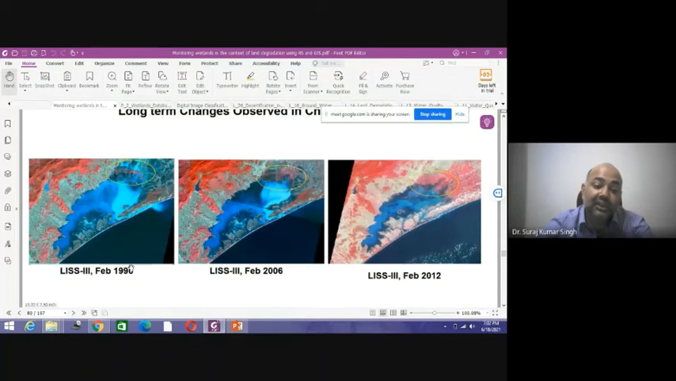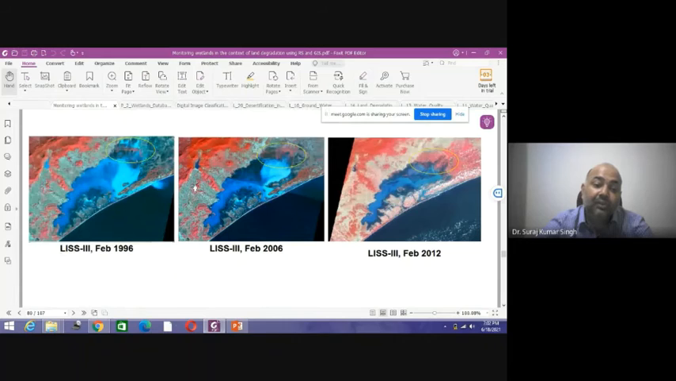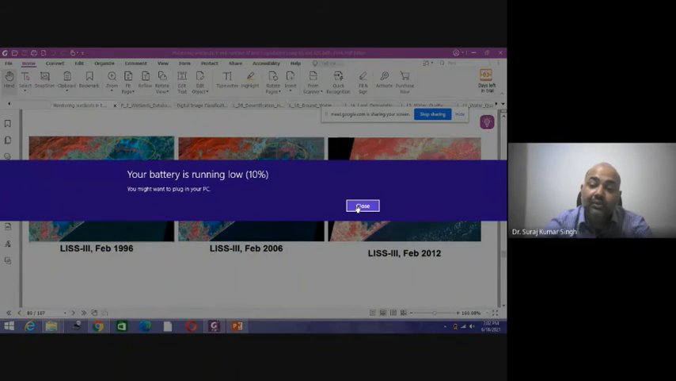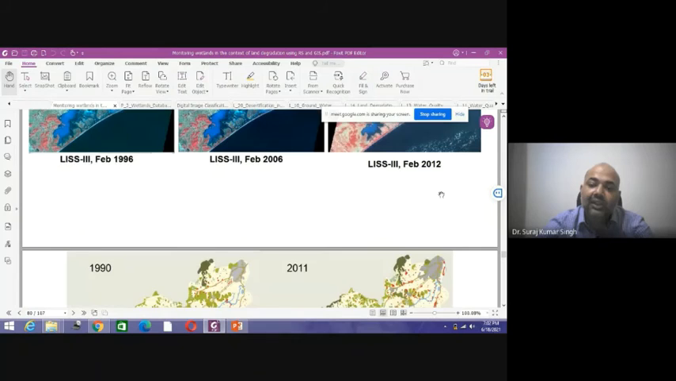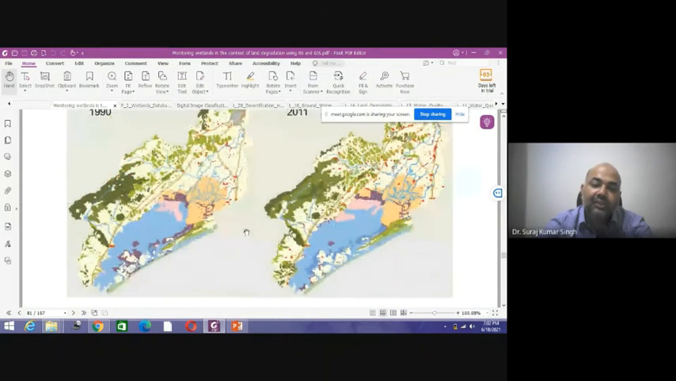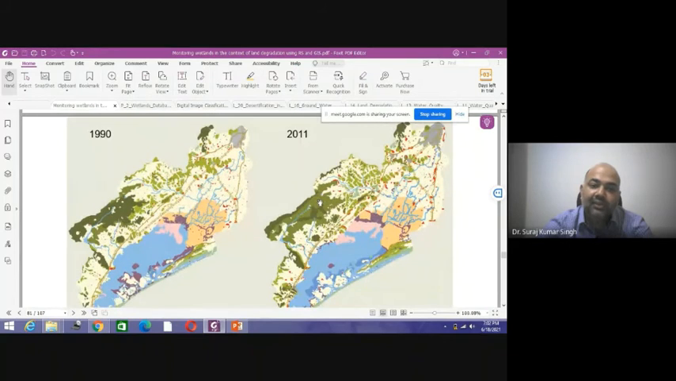So you can see in 1996, in 2006 and 2012. If you compare 1996 with a 2012 image, you will see a large portion of land being occupied by various vegetation. That means the wetlands are decreasing. So if it is decreasing, you will see how you will be preparing the various kinds of change detection